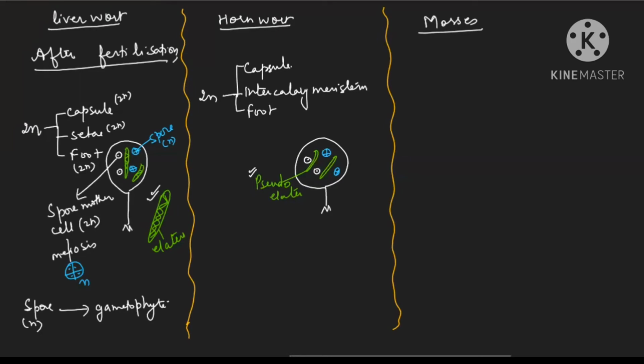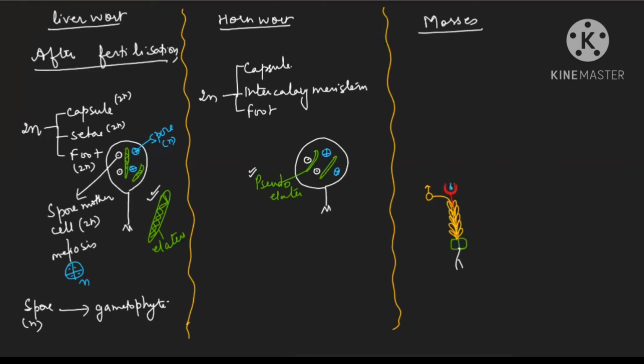Now see here, try to understand for the mosses. Let me draw the diagram. This is your primary protonema. This is the rhizoid, and this is the leafy stage. Okay, so this is your leafy stage, and this was the main one which is having the antheridia shifting to the side, and archegonia is coming in the center. Archegonia, this way archegonia is having venter, in which fertilization is done to form zygote,